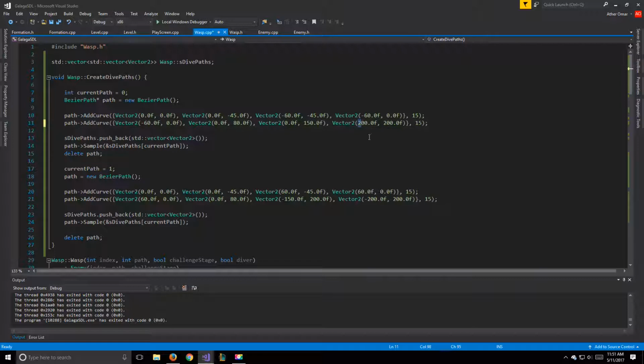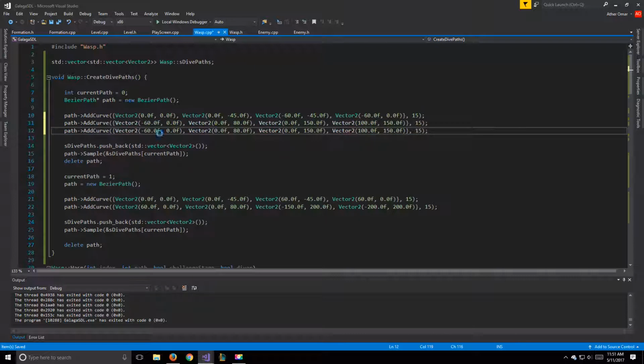And then for this one, it's 100.0f for the endpoint. And for the control point, it's 150.0f. So that's pretty much it for the second curve. The third curve will be 100.0f and 150.0f, just like what we have for the endpoint here,